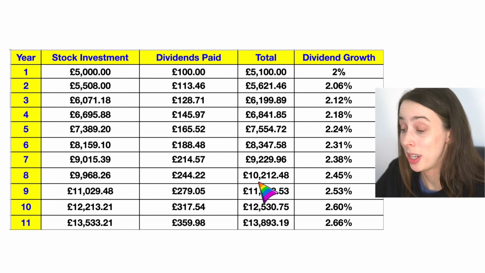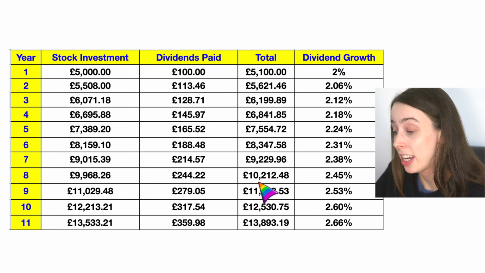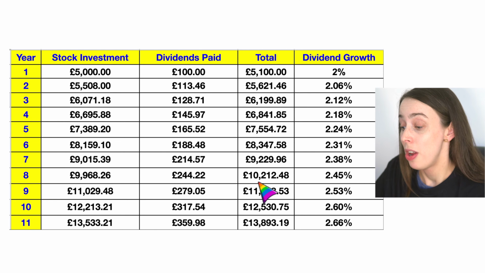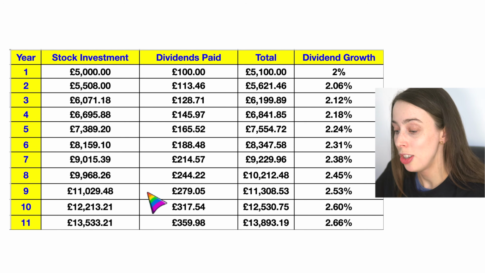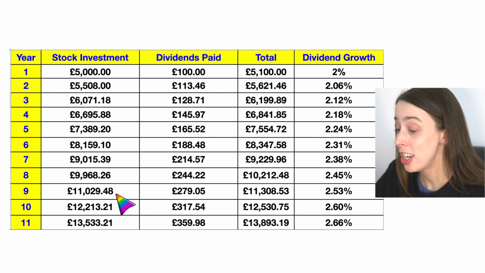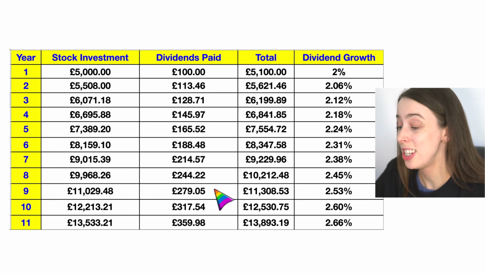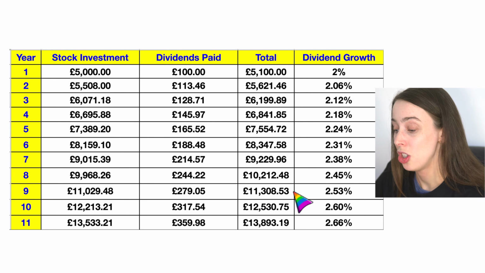So by year 8, you have over doubled your original investment, which is really not that bad considering that you haven't put any more money into this. You put £5,000 in year 1, and by the end of year 8, you've already got over double that amount of money. And then with the reinvesting of the dividends and the 8% return that we're assuming, you start year 9 off with £11,029.48. This year, you get £279.05 in dividends, which you can see is a lot higher than you started year 1 with, ending the year with